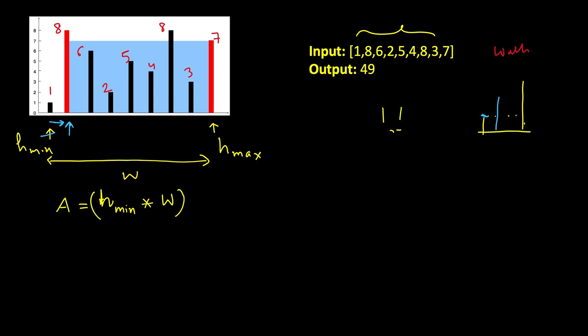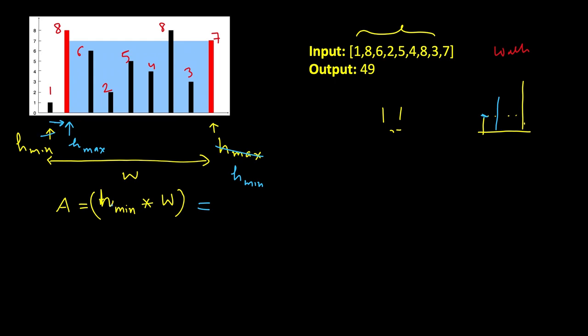Now you have two bars. H max you did not move, because there was no point in moving that. You need to increase the h min. Now you will compare this new height and h max. Whichever is smaller will be your new h min. So in this case, this h is h max, and this h max becomes h min because it is the smaller of the two. Now your width has become from 9 to